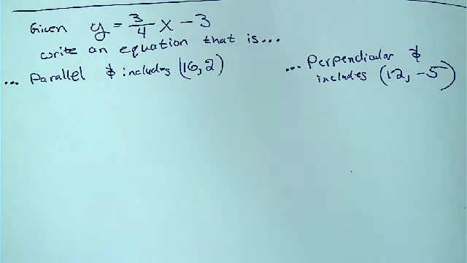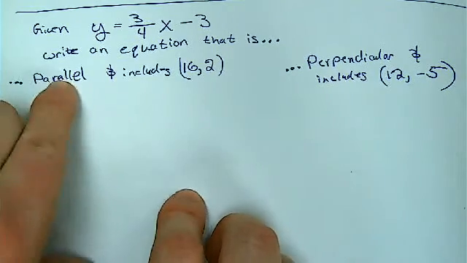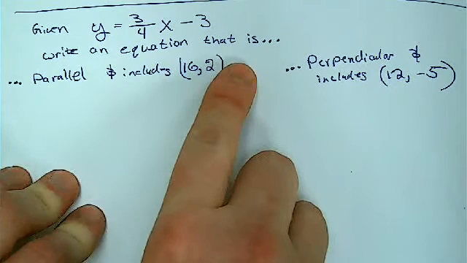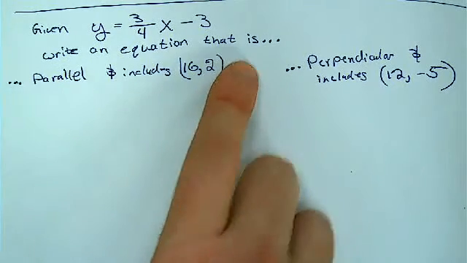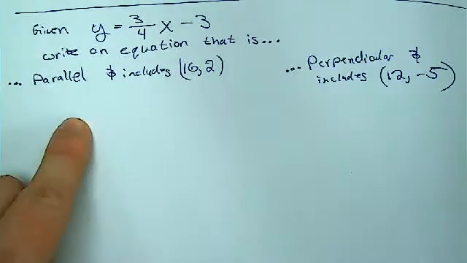All right, the first one here says this is my original equation. I want a line that's parallel to it, includes that point. Ignore this part for a second. When we talk about equations, what does parallel tell us? It's the slope. Same slope. Slope is the same. So when I look at this original equation,